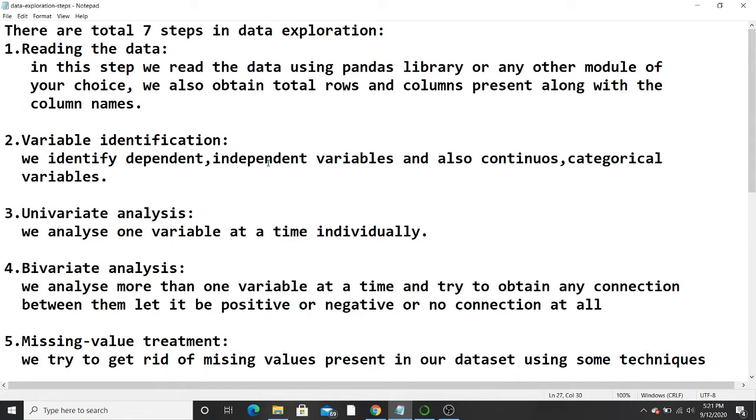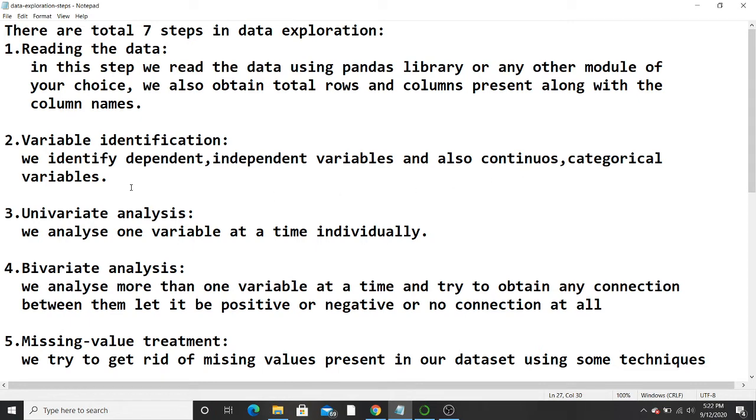And independent variables are those which do not depend on other variables. Normally, the thing which we are trying to predict in any machine learning model is the dependent variable. And the other two are continuous and categorical.